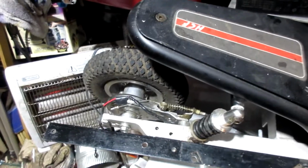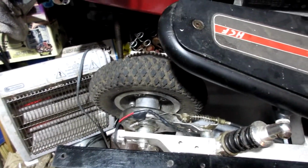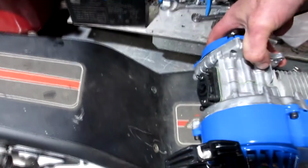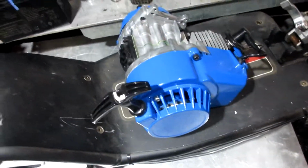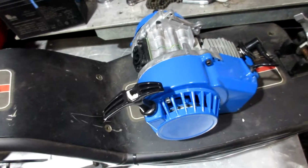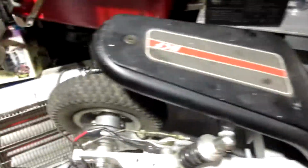We are going to try to take this scooter that I had once put a gas weed whipper motor on, and we had a catastrophic failure, and we are going to put this 49cc brand new scooter motor, or mini pit bike, pocket bike, monkey bike motor on this, and I'm not sure how the heck I'm going to do it,